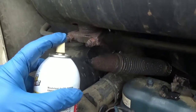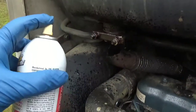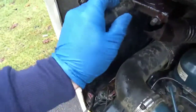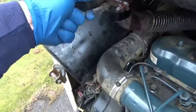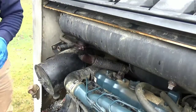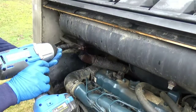I looked up the part. It's only like a $54 part, but the labor is the problem. The studs, if they're rusted and any of them break off, this could turn into a real big job really quick, and I definitely am not about to risk starting a project like that right now. I only have a couple hours, so